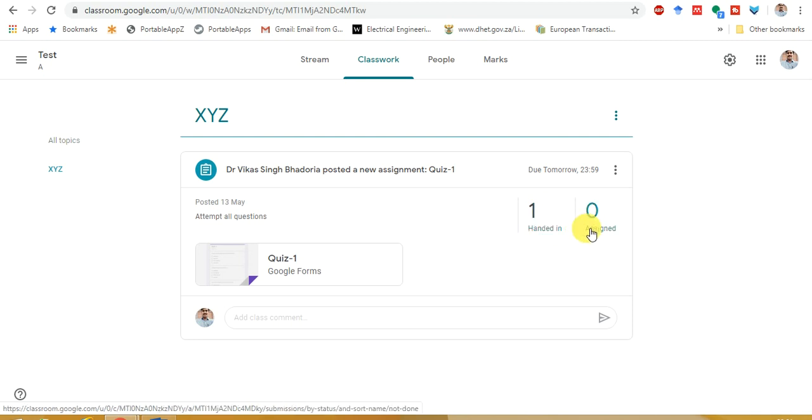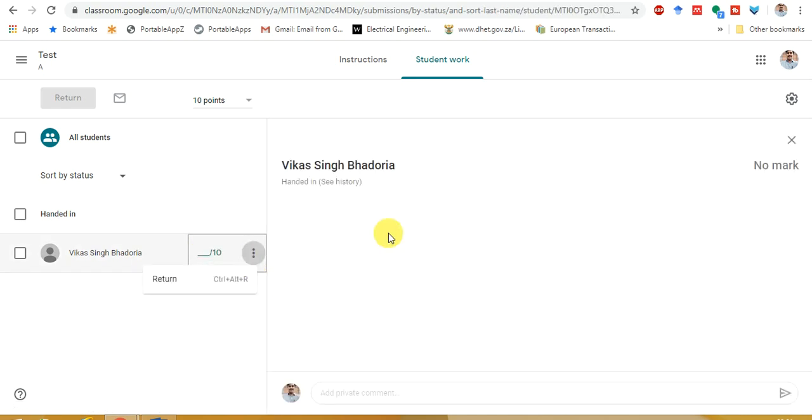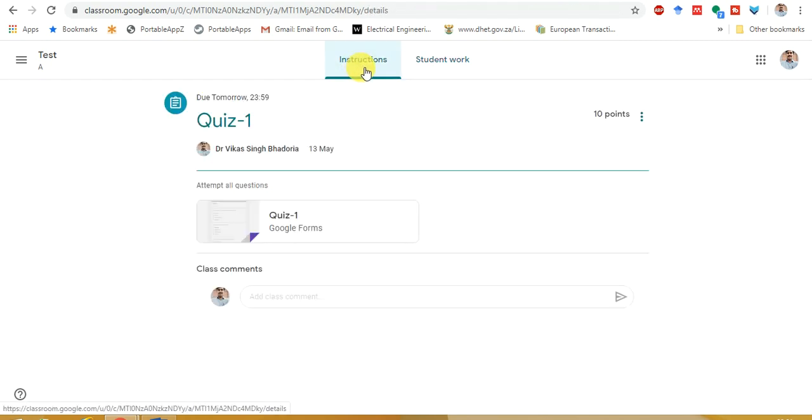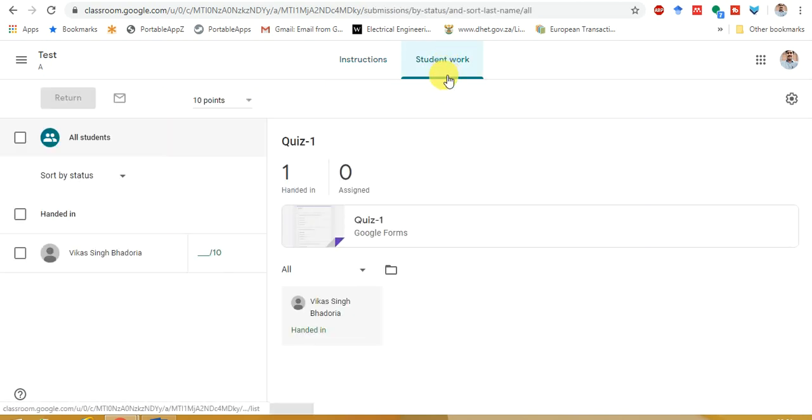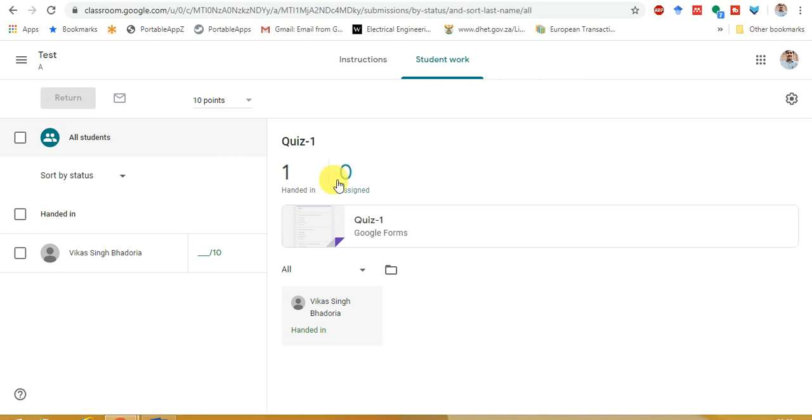We have shared it with 1 student, so handed in by 1. This is the record for that quiz. These are the instructions which were given, and we can see the summary of the marks in the marks section.